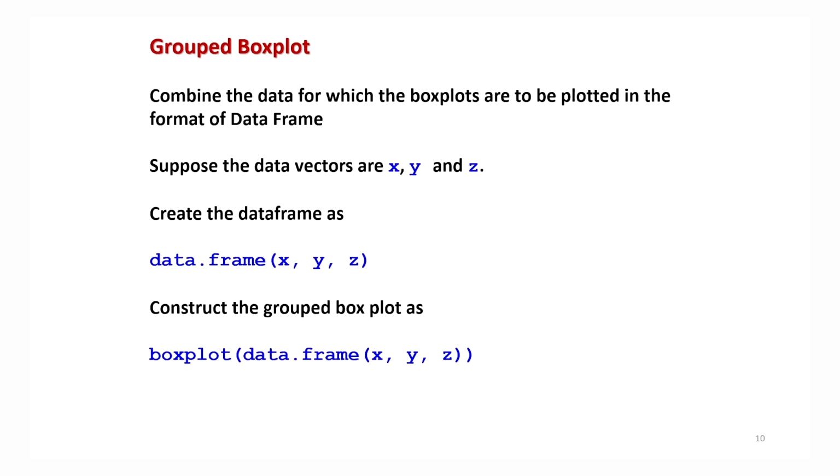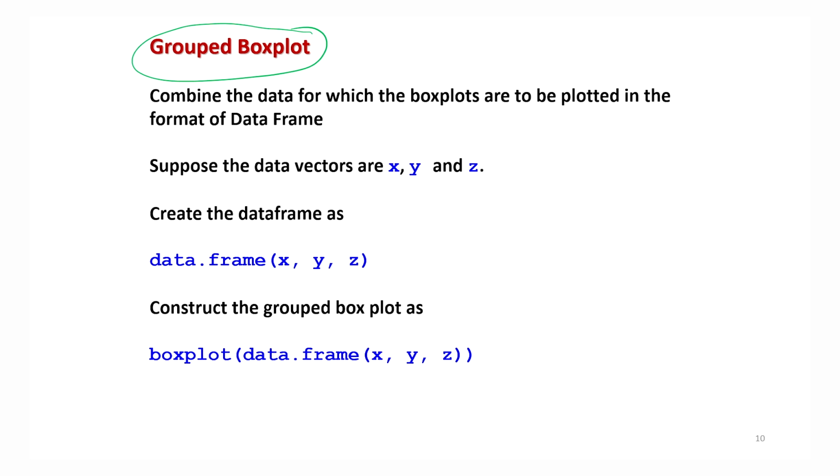So now how to do it? In order to create such box plots of different data sets together, we can use the concept of a data frame. And such box plots are called group box plots, as the name suggests, a group of box plots. So in order to create a group of box plots, that means more than one box plot of different data sets but on the same scale, first I have to convert my data sets into the framework of a data frame.